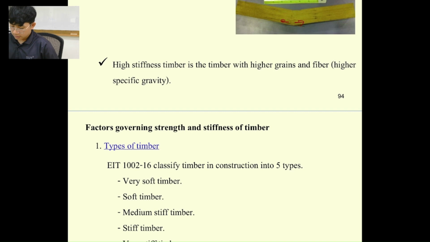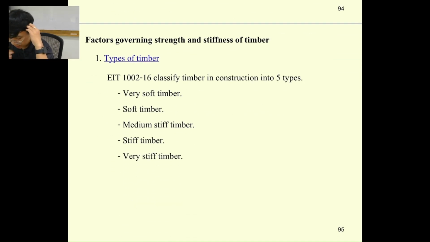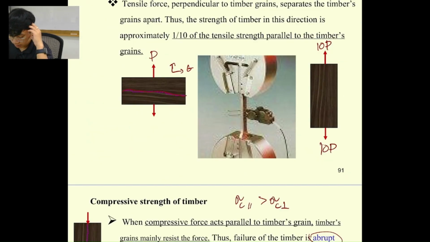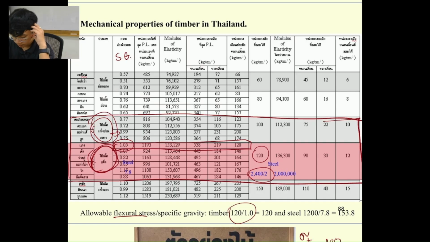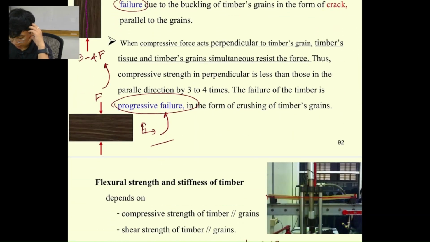So the higher the specific gravity of the timber, the higher the strength it's going to provide, like concrete too. A really high specific gravity of the timber will also provide really high stiffness of the timber too. Okay. All right. So if we classify the timbers, as the one that I told you over here, we classify into